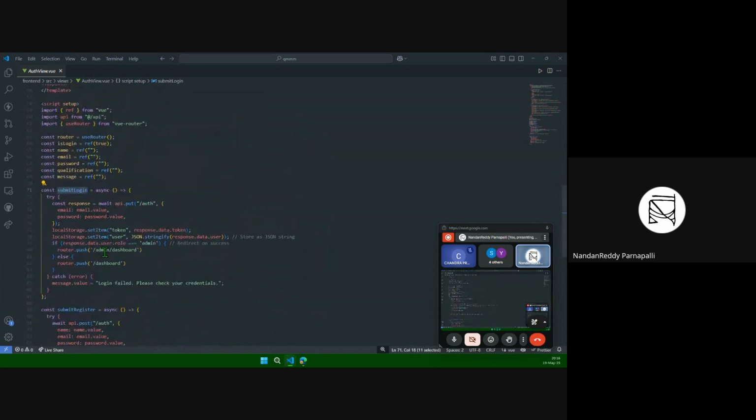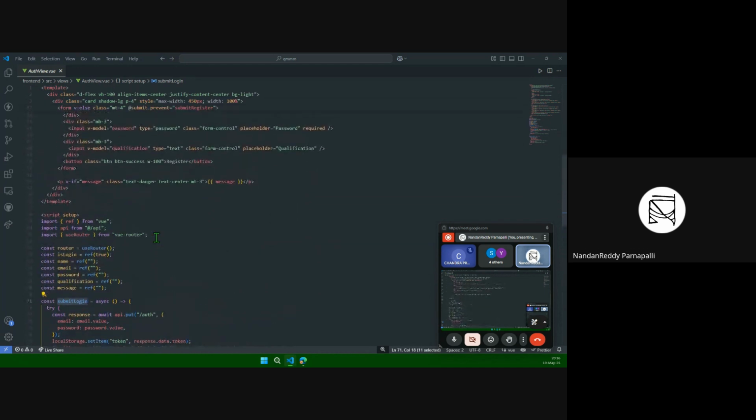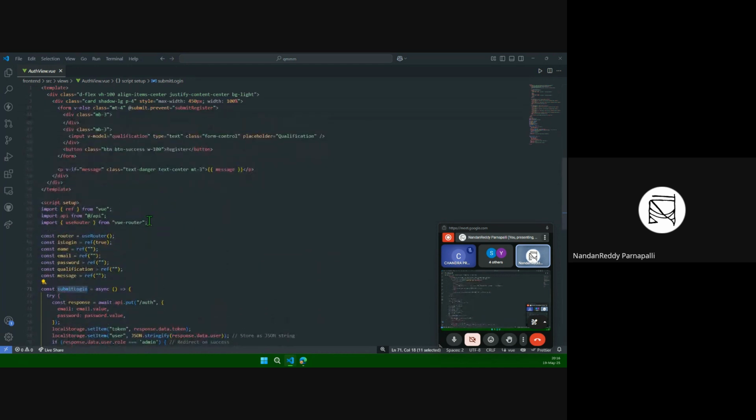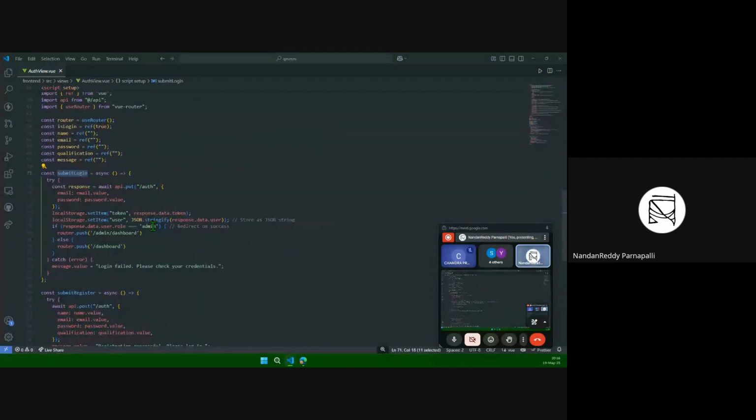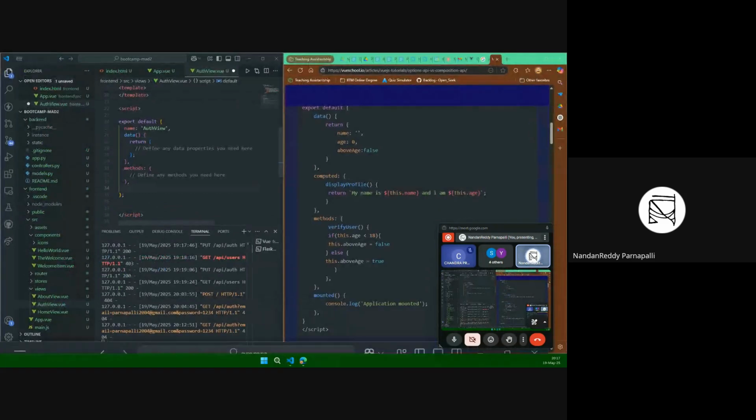and this function will be called, and it will fetch the API. It will call the API with all the information that the user gave, and then in the local storage, it will set the token information and the user information from the backend. So this is not difficult, but not very readable. So we'll just stick to the